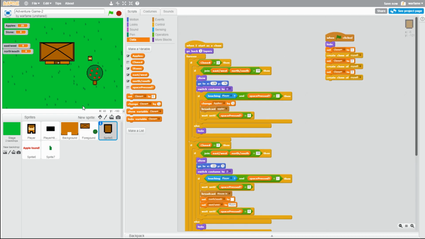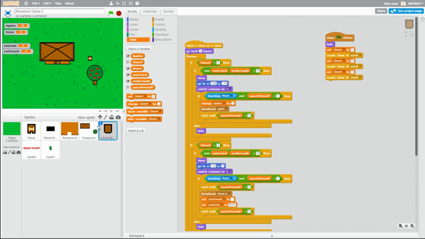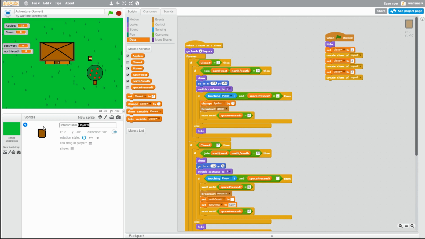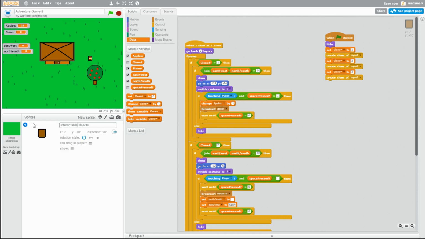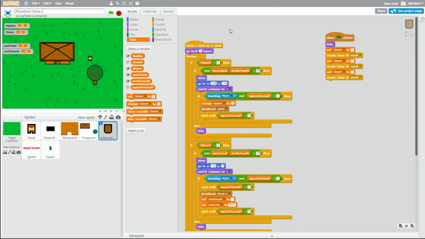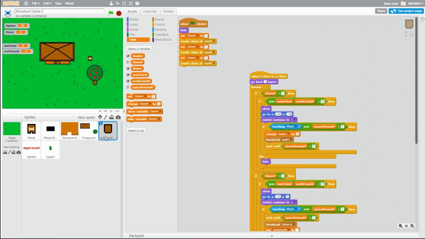Next up, these are the interactable objects. I'll just call these interactable objects. Alright. Okay, I'll delete the space. So what this does is when the flag is clicked, the original sprite hides, creates